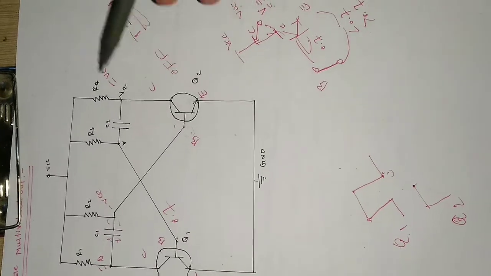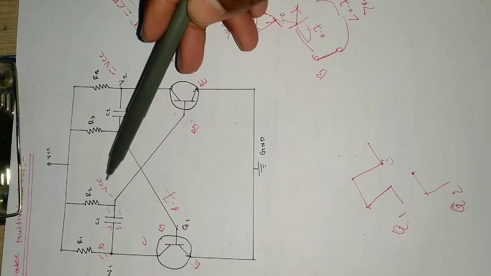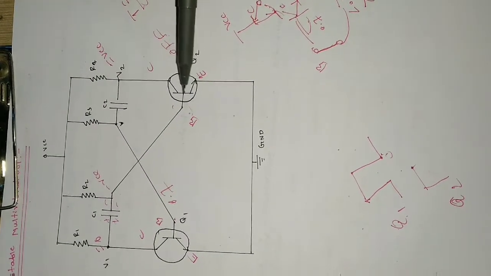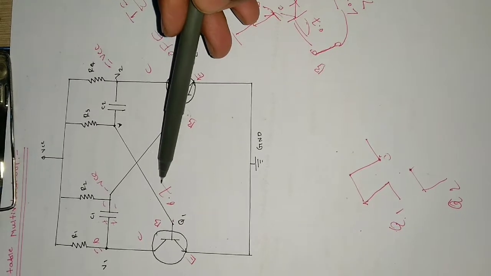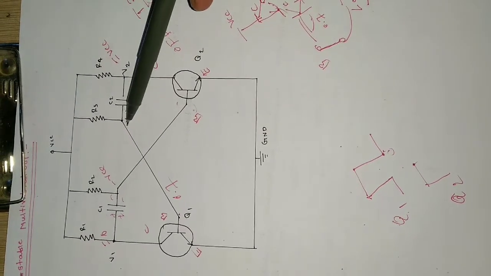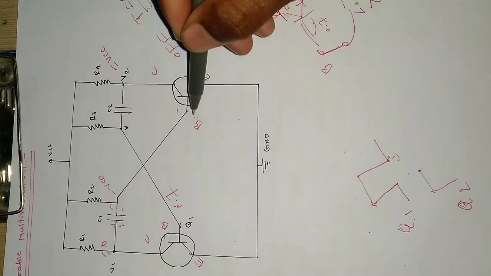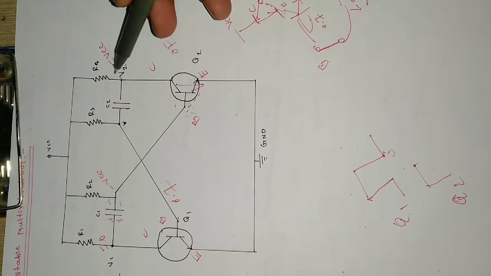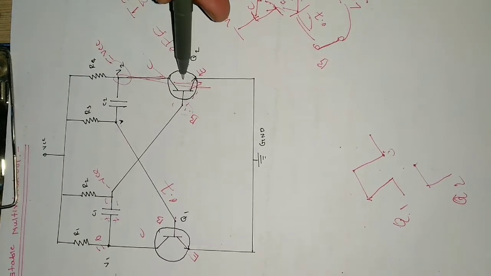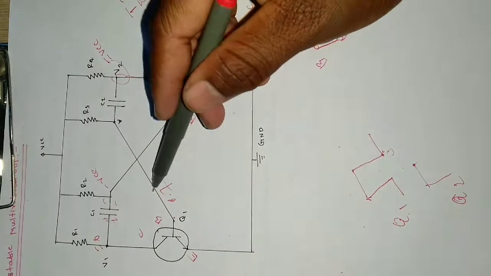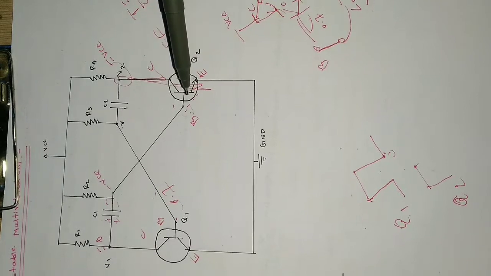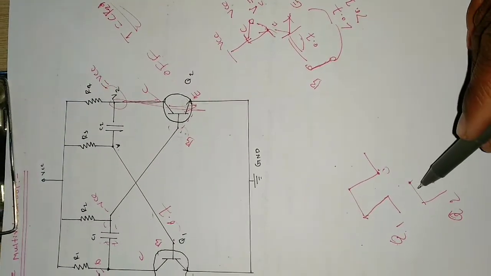Due to the negative voltage which is produced over here, the base will have a voltage greater than 0.7, then this will get activated. At that time, this will go to the off state because the discharging of this capacitor will stop, as this gets short circuited. The voltage drop across this terminal will drop, so the 0.7 volt no longer exists here. So this will get turned off and this will get turned on. Now the output of this one will be high here.